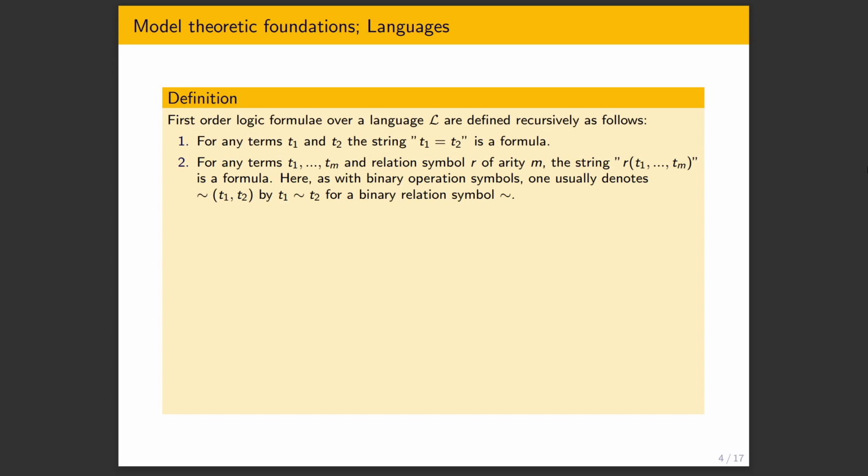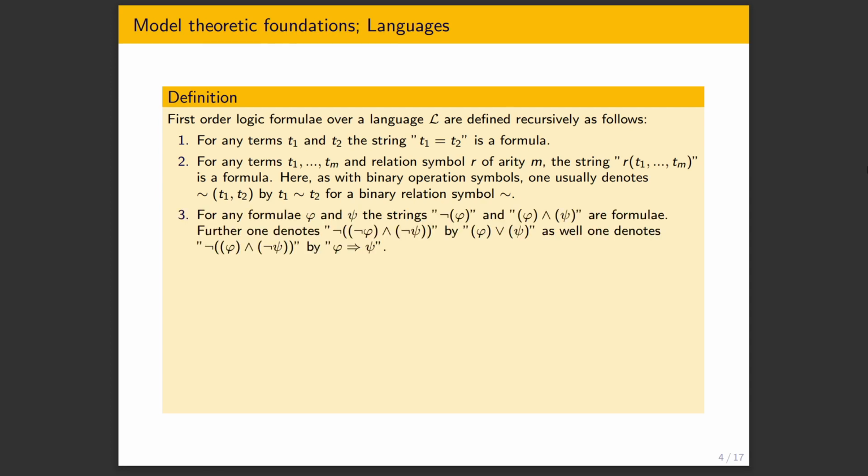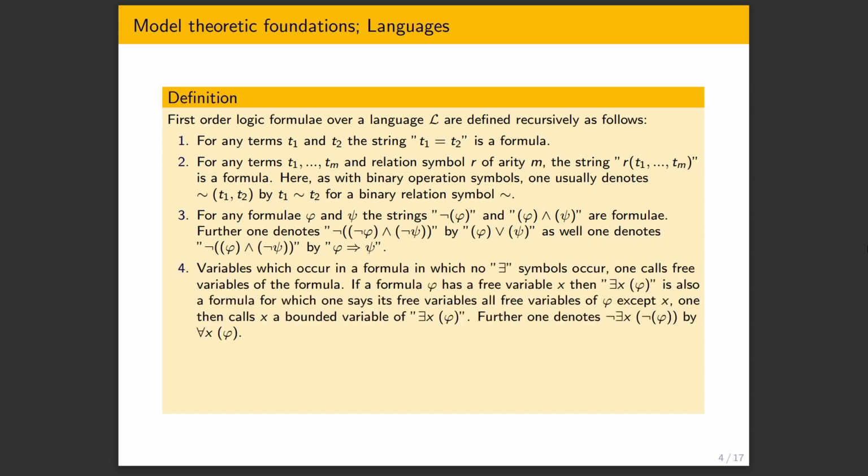For a relation of arity M and M terms, we have this thing, a formula. So, and negations and conjunctions of formulae, and we can also now speak of disjunctions and implications just by viewing them as another way of writing these, just these formulae that not phi and not psi, just going to be standing for phi or psi, and the same thing with implication. And now finally, it's called first order logic because we also have quantification, otherwise it'd be zero order logic.